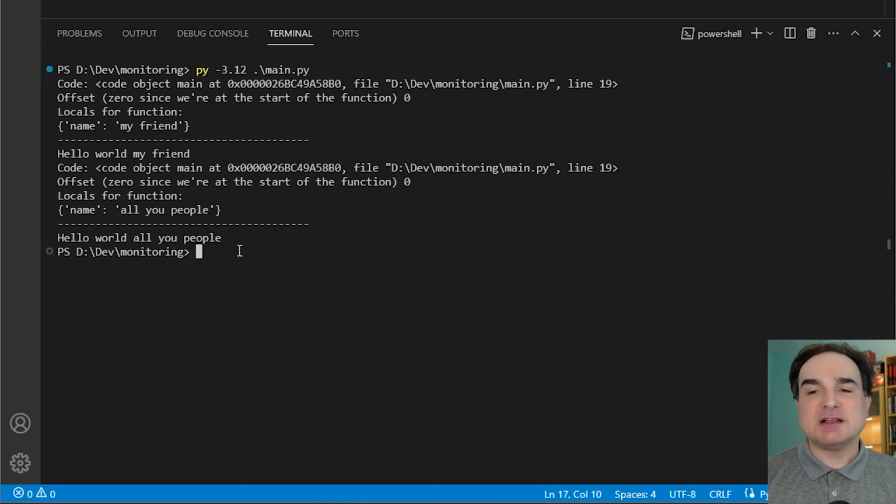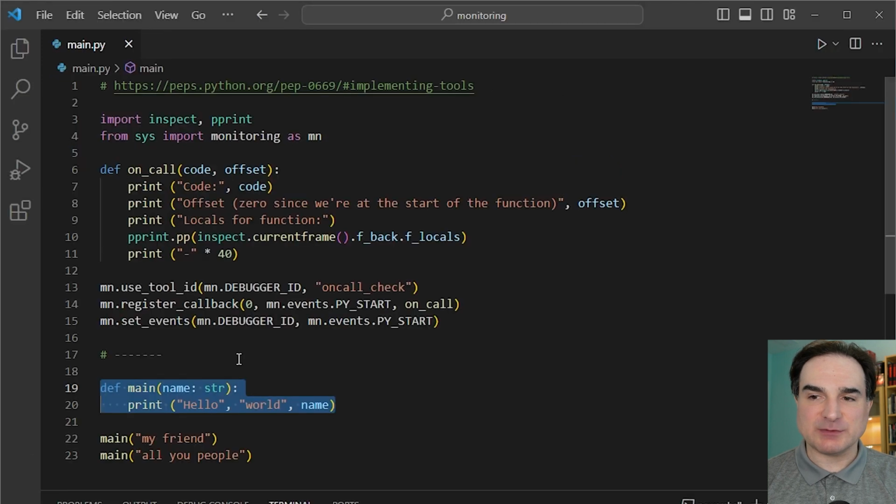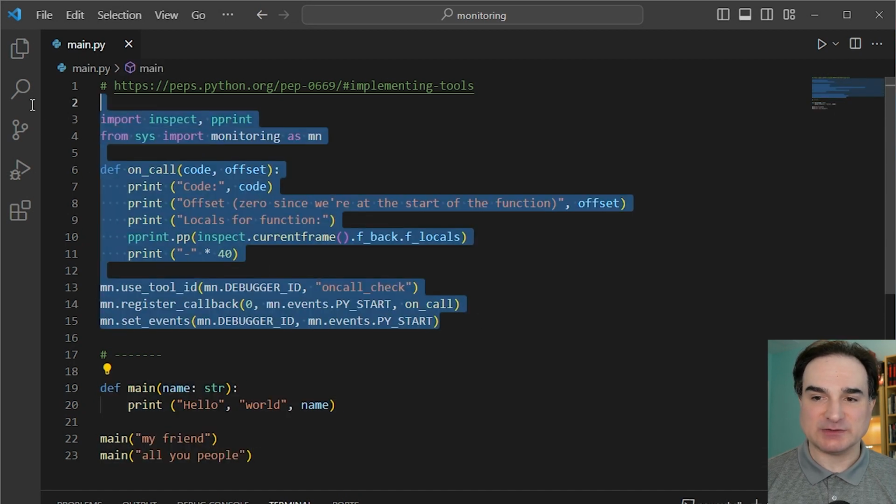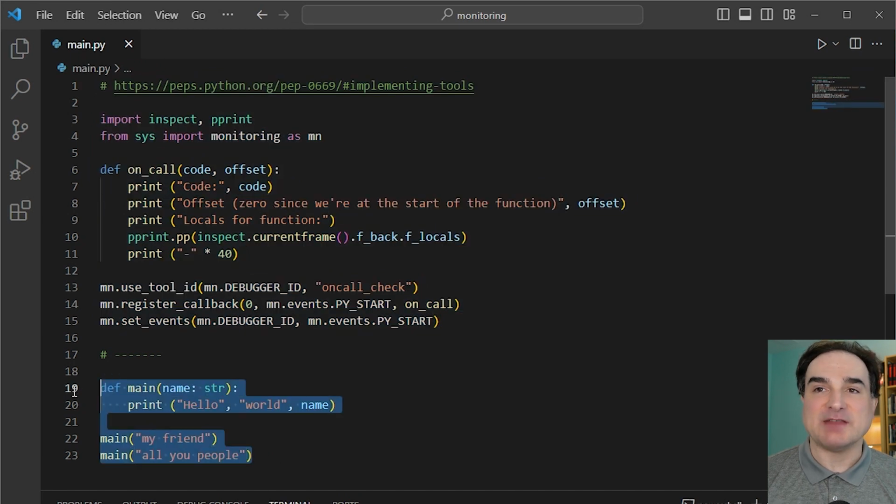The point is that we don't have to decorate any one function to get information about it this way. We have access to every function's behavior. We don't have to change our code either. All we have to do is set up monitoring hooks before the body of the code runs. Our original code remains completely untouched. And that's the way debuggers behave in general. So it falls in line with how debugging mechanisms are supposed to work in Python and in other languages too.